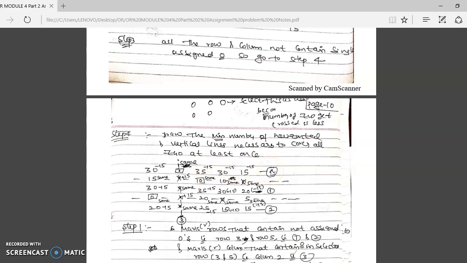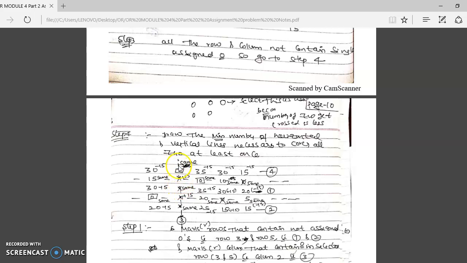Once again I am repeating: as per step 1, find the rows in the matrix that do not contain an assigned 0. This one is not containing an assigned 0, so mark it as 1. This one does not contain an assigned 0, mark it as 2. Then in these marked rows, one and two, where are the zeros? Only here we have 0 in both rows.